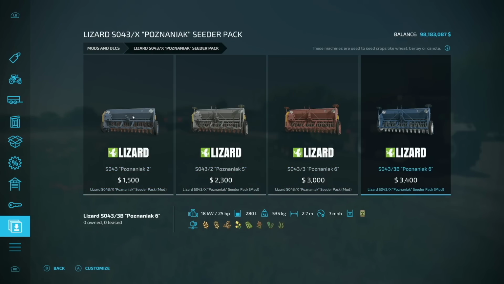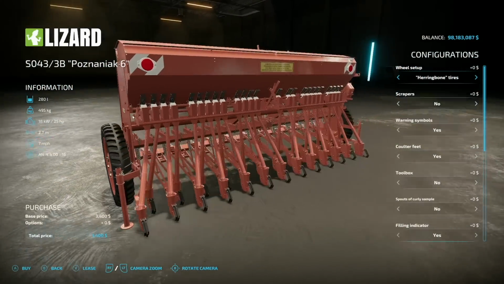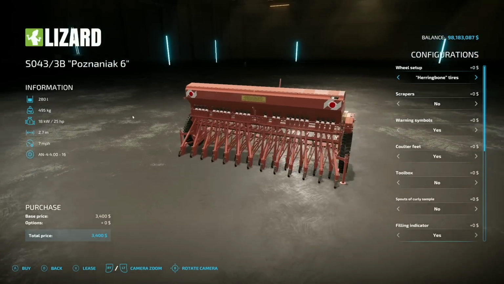And we got a whole pack of cedars, the Lizard SO43X, the cedar pack right here. Just a bunch of different ones, kind of. They look like they hold a little bit more different models. We have the 2, 5, 6, and the 3B6. I believe PC versions of these came out a couple weeks ago, but hey, now we've got the